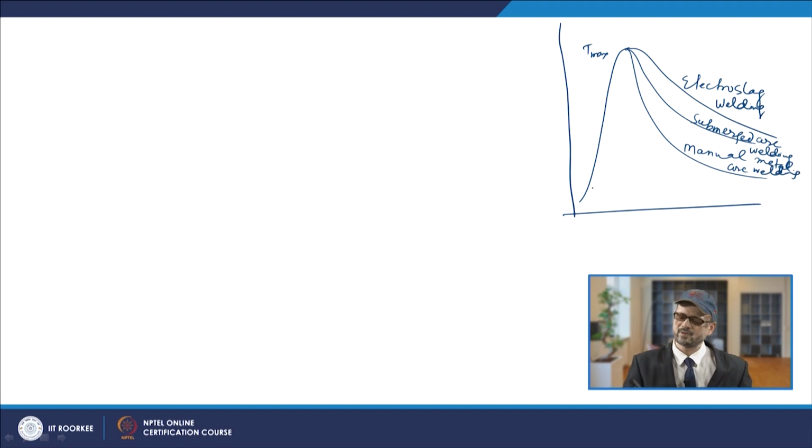So, basically in the case of manual metal arc welding, it goes even in a steeper manner. So, the heating also is somewhat changed in the case of these different welding processes. And also, depending upon the material, you will have a different level of cooling rate being established. It will depend upon the size of the weld, or the thickness